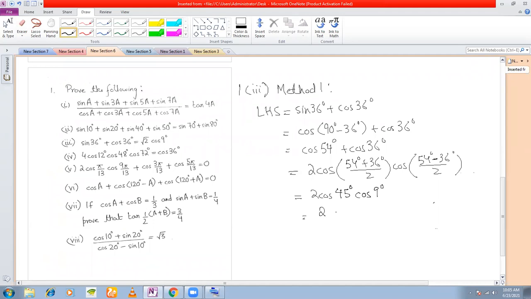Now this is okay. Twice of cos 45 is 1 by root 2 cos 9 degree, which is root 2 into 1 by root 2 cos 9 degree, which is root 2 cos 9 degree, which is equal to your right hand side. This was the first method. Okay. This is the direct